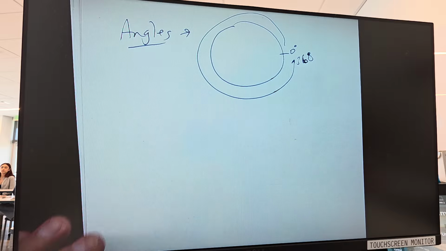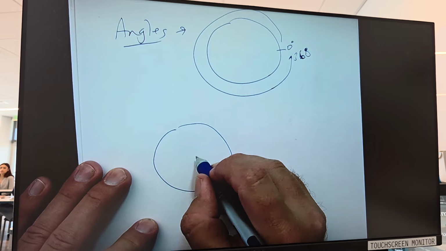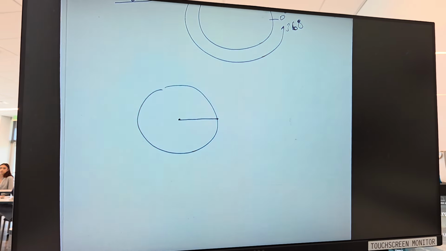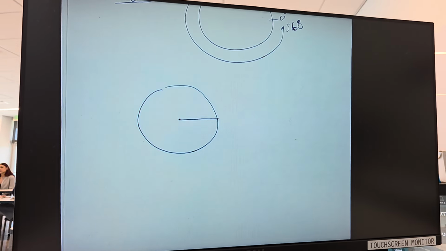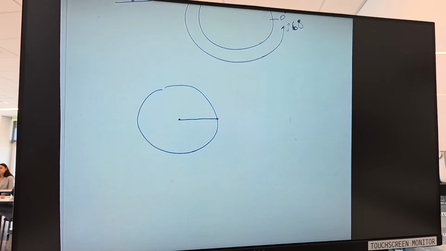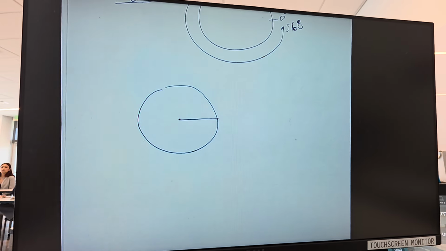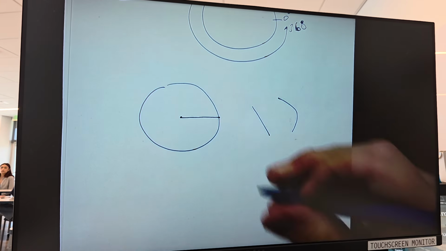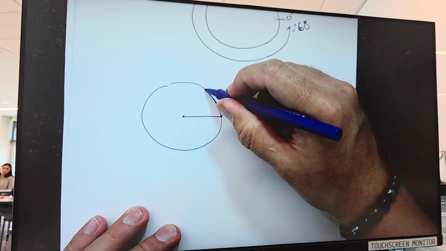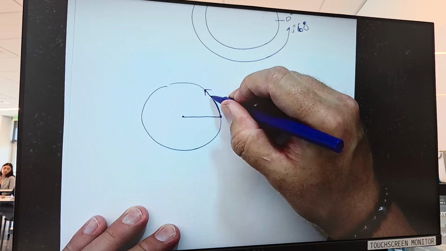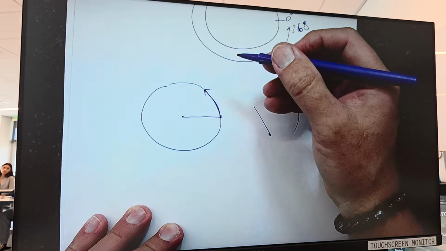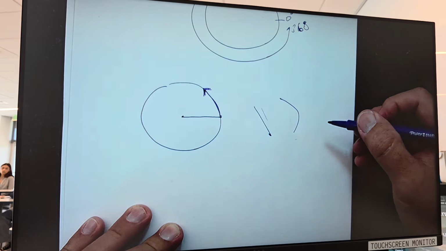Now, let me ask you this. Do you remember, I think the last thing I did, let me do this again because I did it a little quickly. And I'm going to do it quickly again. Here's my little circle, right? If I pick that radius up, slap it down, and then curve it, and then fit it back onto the circle, how many radii did I just walk if I walk this far? I literally just walked 1 radius worth of length, yes?